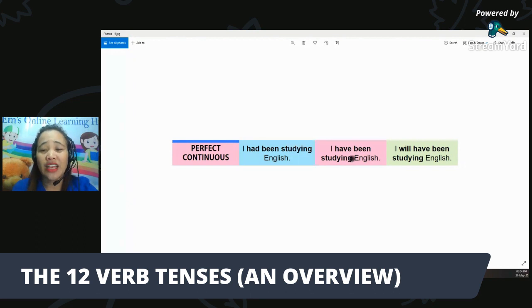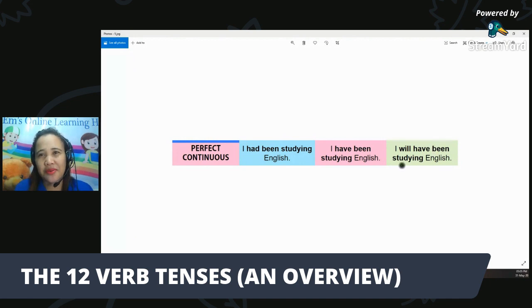This is to indicate an action which started at some point in the past and may not be complete. Again, this is to indicate an action which started at some point in the past and may or may not be complete. Example, I have been eating pizza for 2 hours. So in that sentence, I indicate an action which started at some point in the past and may or may not be complete. Okay, that's it. I have been studying English. Next, we have the